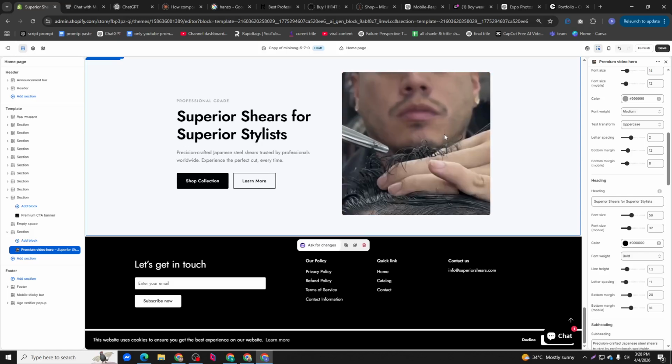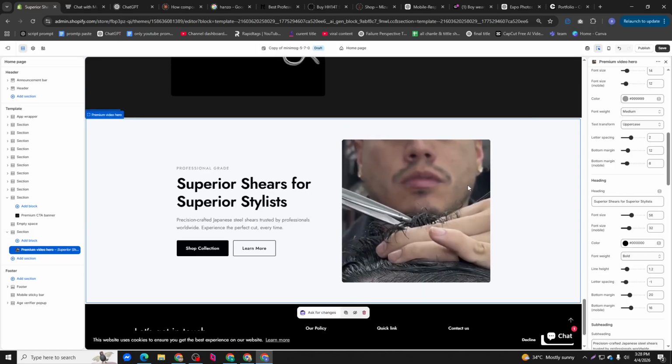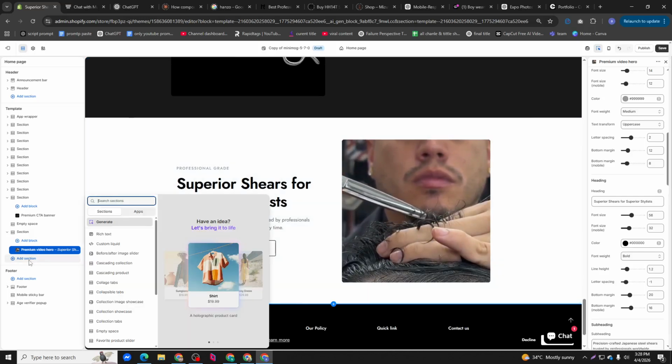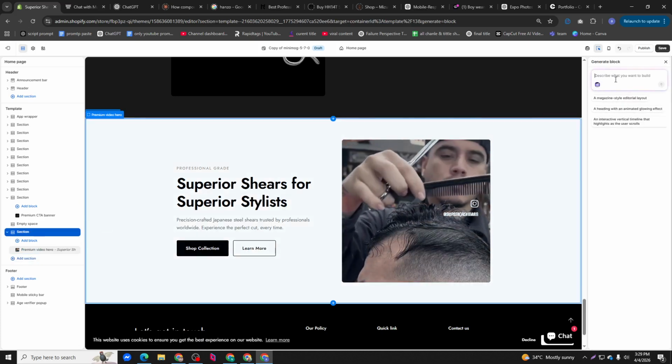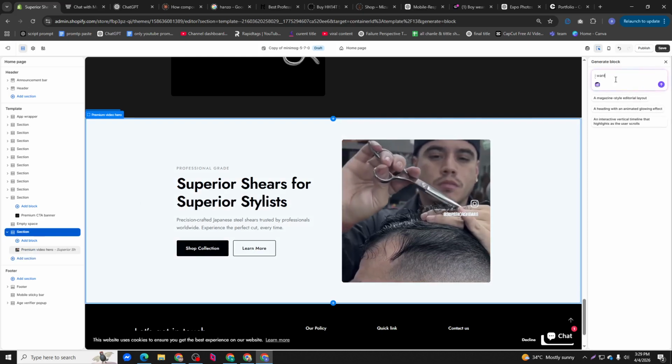So guys, I have created an AI section image with video. If you don't know how to create this section, it's pretty simple and straightforward. First of all, guys, you have to click on add section, and then also click generate. Okay, once you've done that, now as you can see, you should describe, for example, I want to